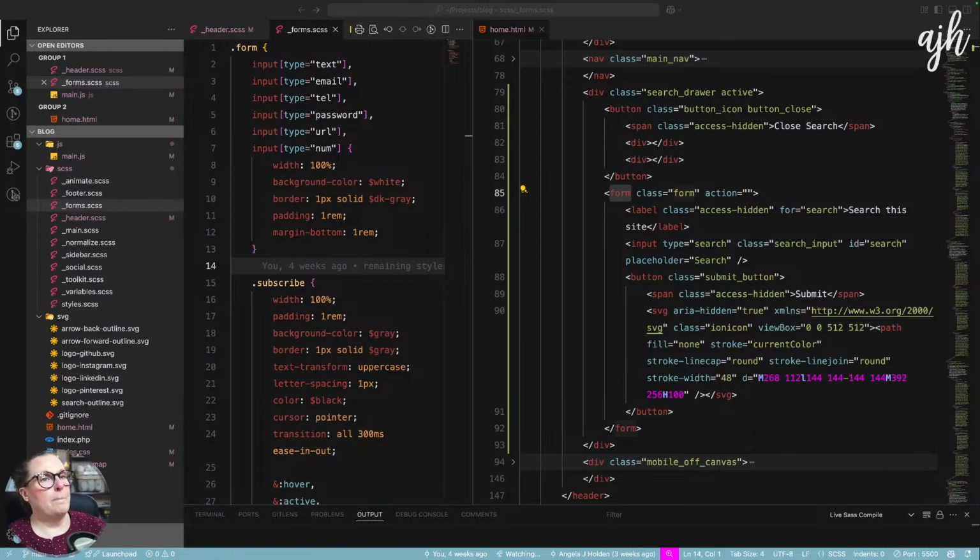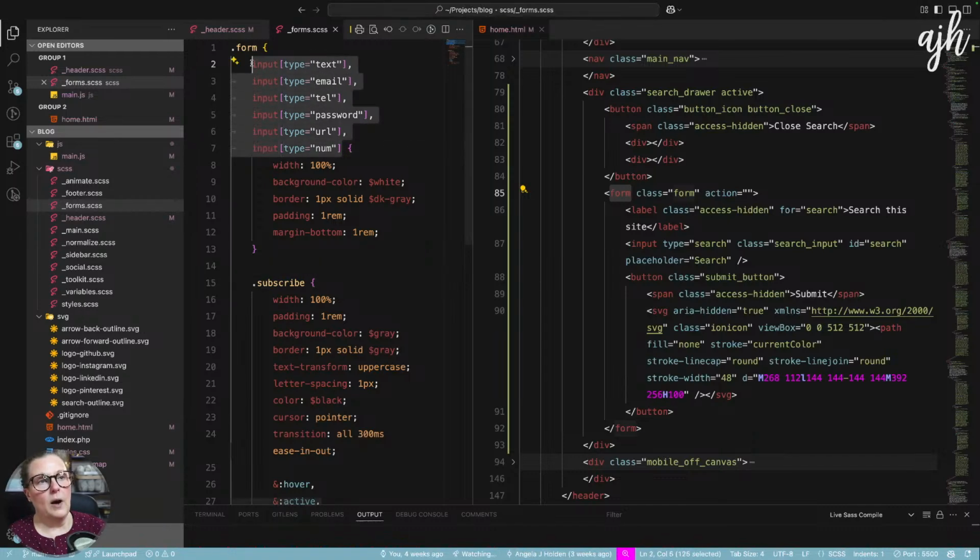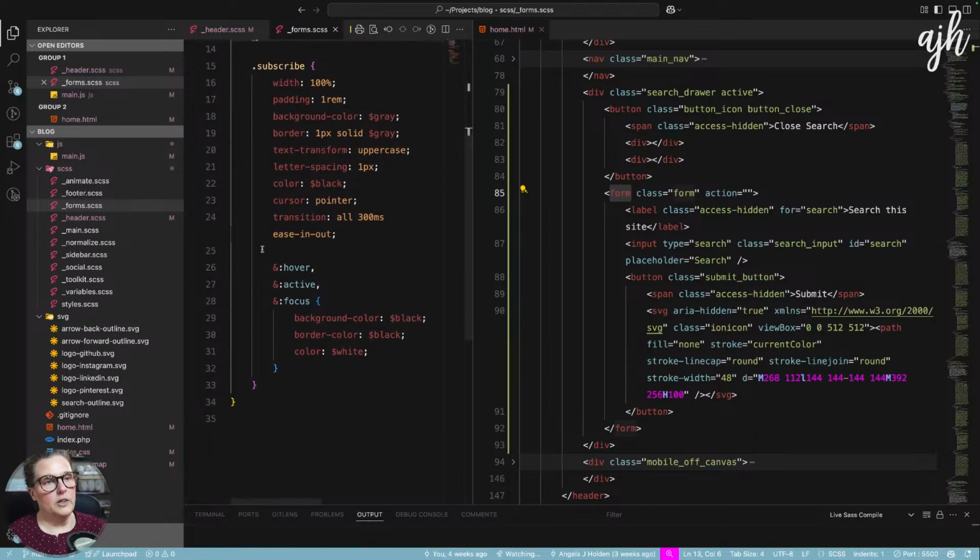So we're gonna do form input type search. This is actually really good why you define these inputs, because if we had just done a blank set of styles for all form inputs, we would have to reverse engineer the input type search. So instead, let's go ahead and do, we'll go here after the subscribe button, and we'll do